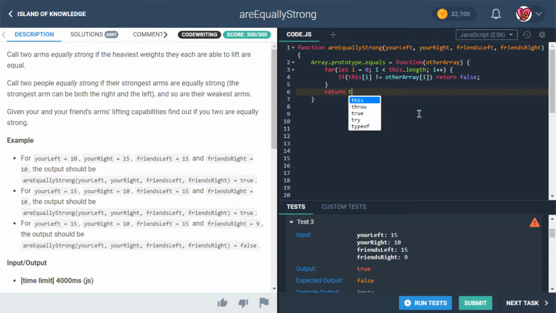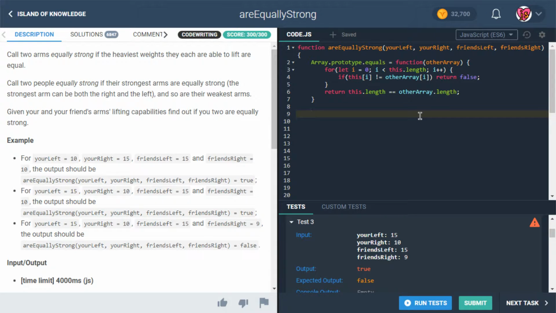And if it makes it through the whole thing without that being an issue, we'll return true. But just to be sure, let's say this.length is the same as otherArray.length, because it could be that there's more stuff in the other array and we're just not getting to it in this loop. Okay, so that's basically to check if two arrays are equal,